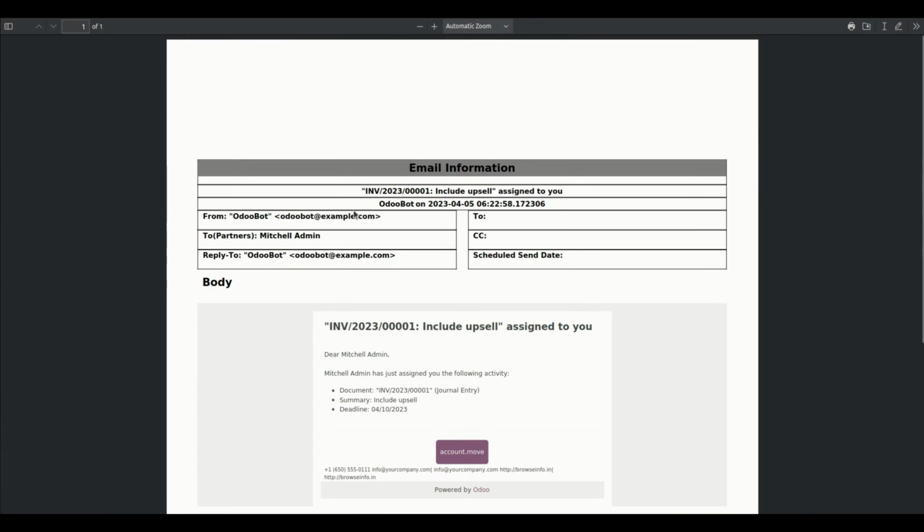So in the same way, we can print a message template as well. So for that,